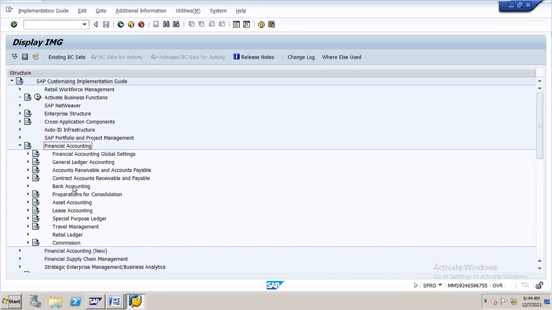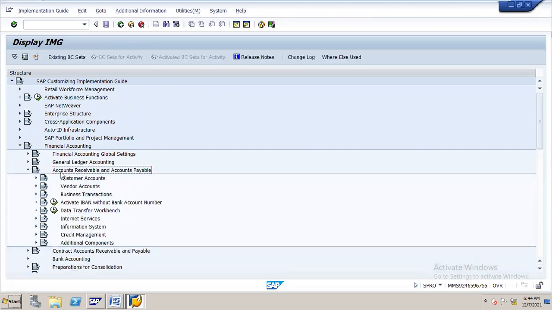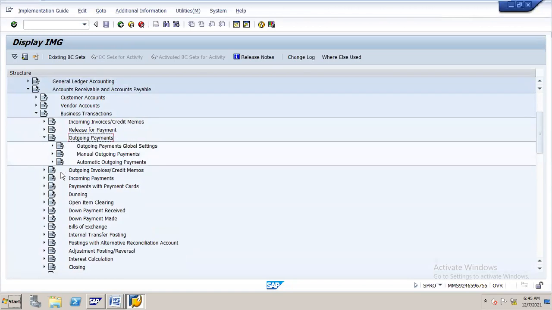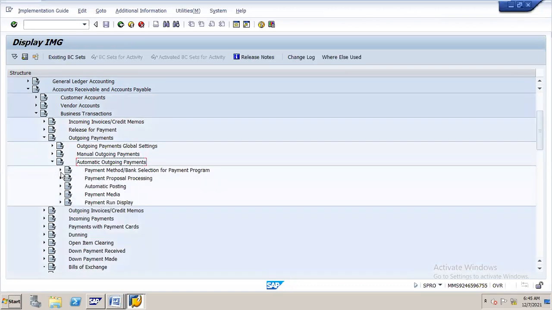Okay. Yes. Accounts payable, receivables, business transactions and outgoing payment. This is automatic here.